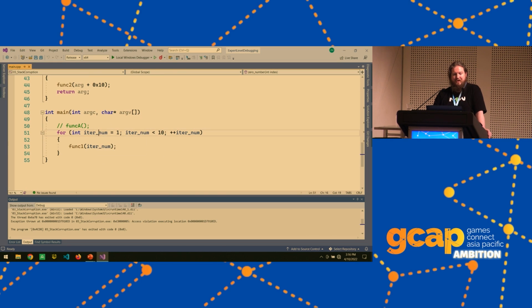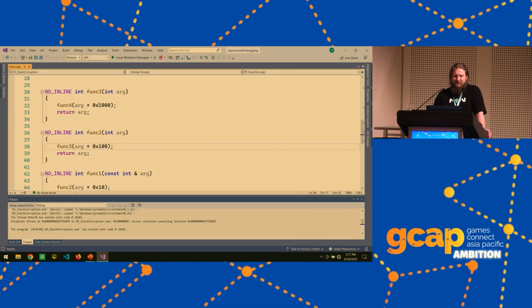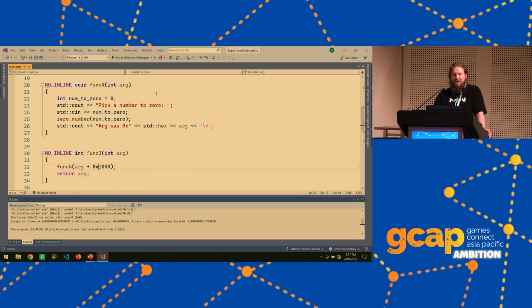First off, I iterate through numbers from 1 through to 10, and I call func1, and I pass in the argument for the iteration number that's currently going through. Then within func1, I'm taking that argument as a const reference, and I add 10 to that number, and I call func2. I also return these arguments. Func2 does the same thing but adds 100. Func3, same thing, adds 1,000, calls func4, and then func4 is asking the user